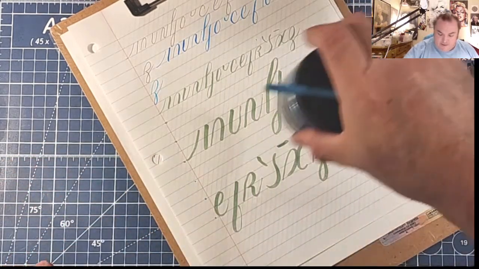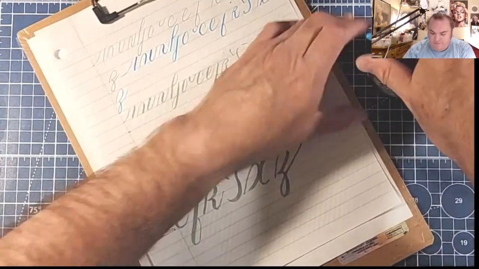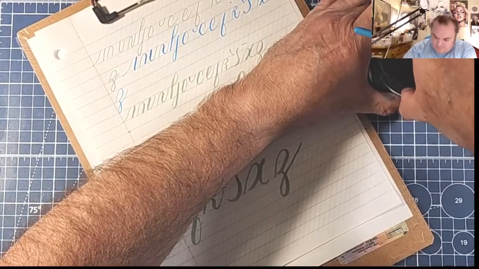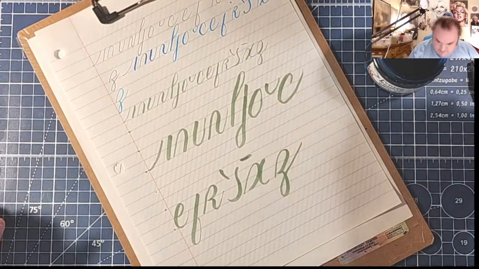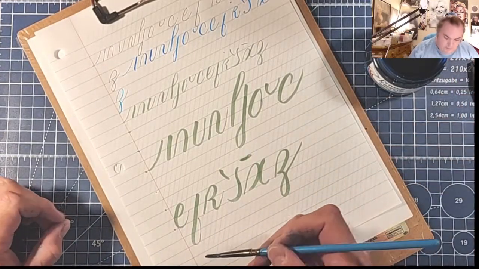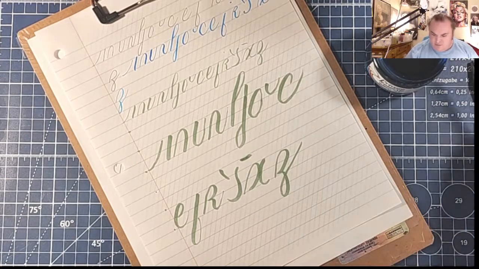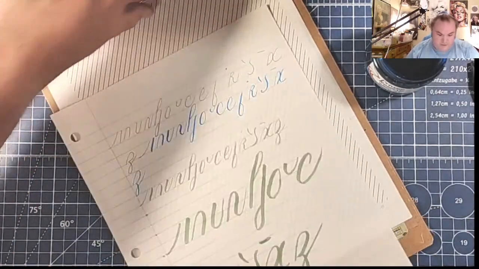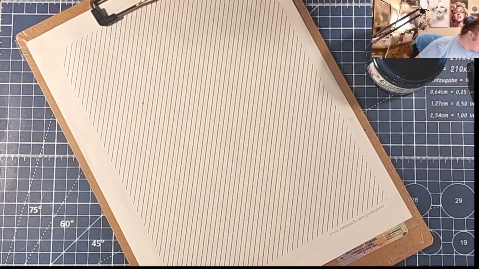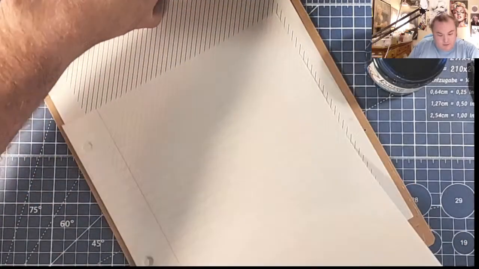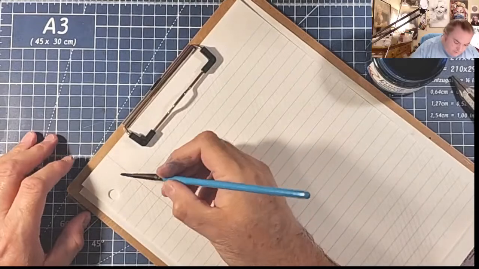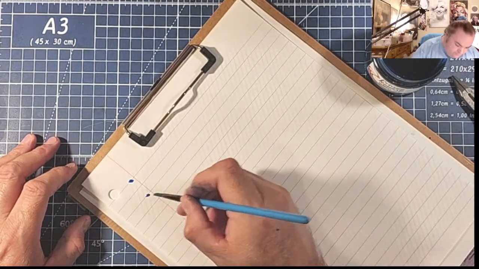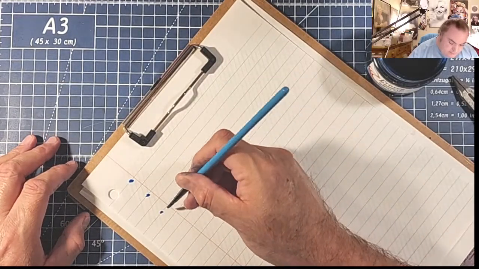Today I'm going to be using Private Reserve Infinity Ink in Infinity Turquoise. So let me see. I'm gonna get a new piece of paper. I'm gonna go again using 4 spaces. We're gonna do light